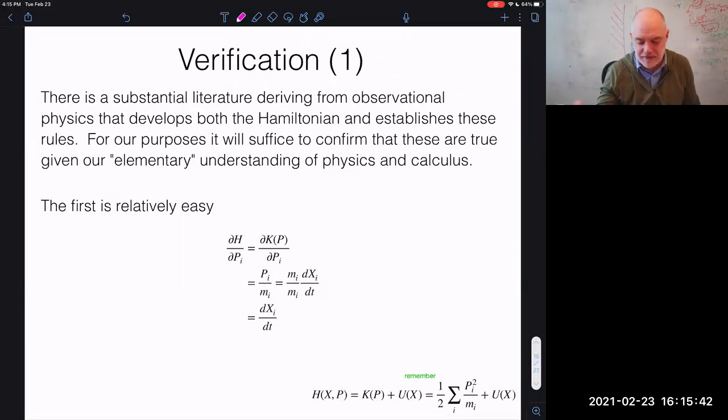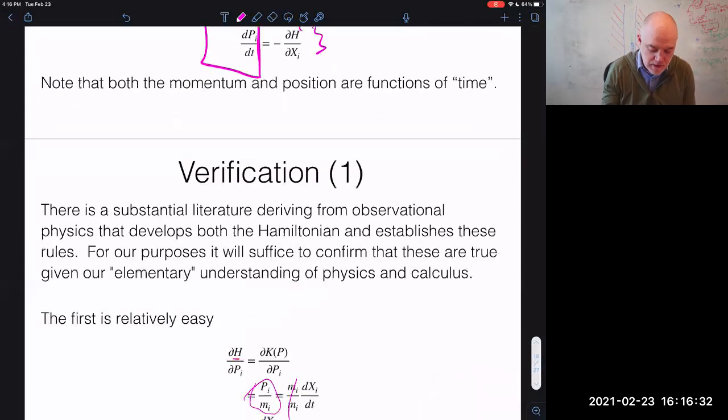So there's a huge amount of literature from observational physics that develops both the Hamiltonian and establishes the rules. What we'll do here is just confirm that they're true given our elementary understanding of physics and calculus. So the first one is pretty easy, the partial of H. Let's remember what the Hamiltonian is. It's the kinetic energy plus the potential energy, and those two are assumed to have these particular forms. I'm going to put some memory aids at the bottom of the slide, right? So the partial of H with respect to pi, well, there's no pi in the potential whatsoever. Pi only shows up in the kinetic term, so this is pi over m. And of course, if we assume that m is not a function of time, then we can pull the m out. That's m over m. We get dxi/dt. So in fact, cool, it is the case that